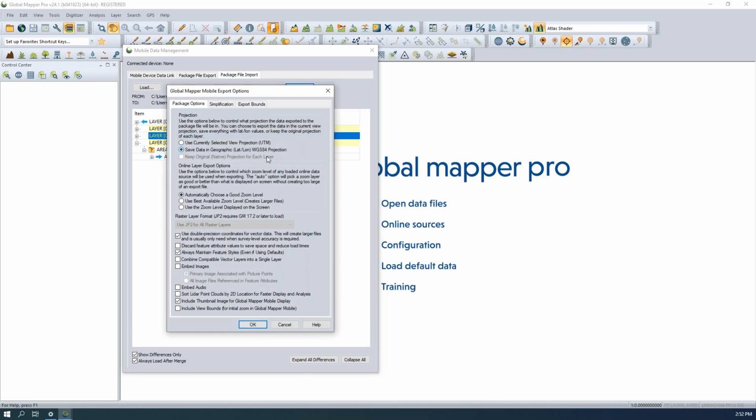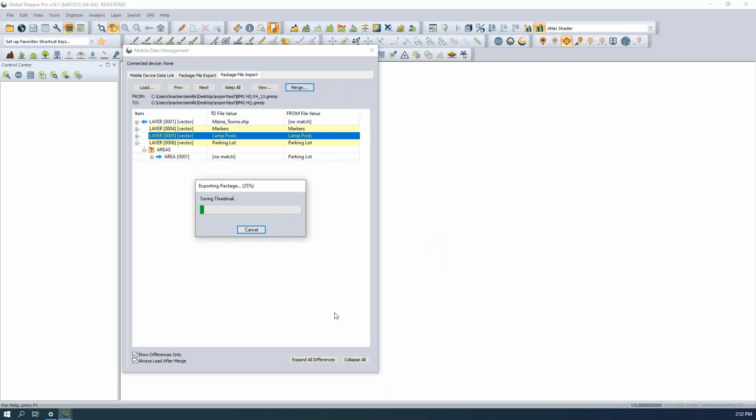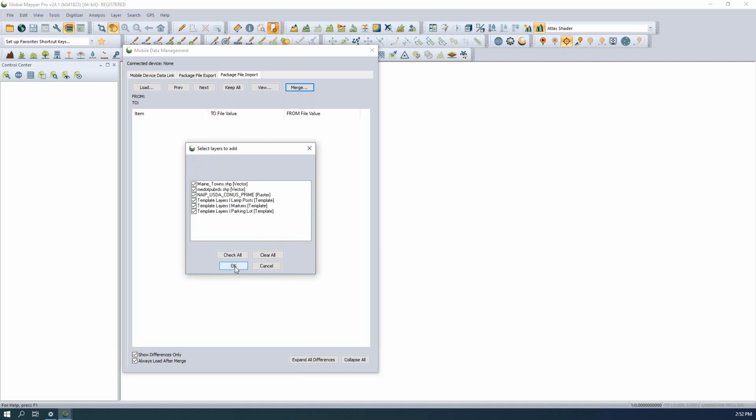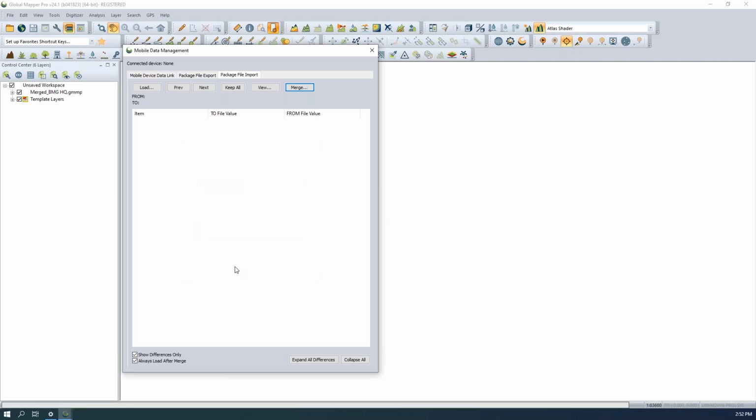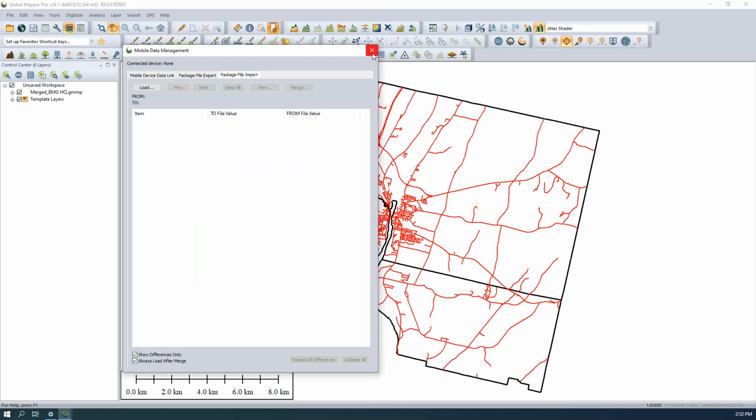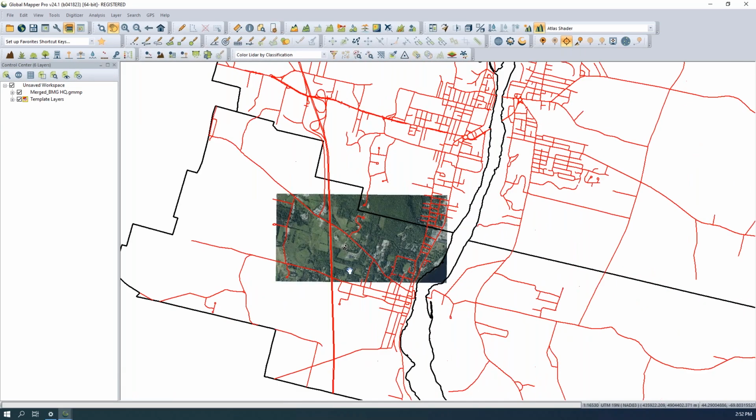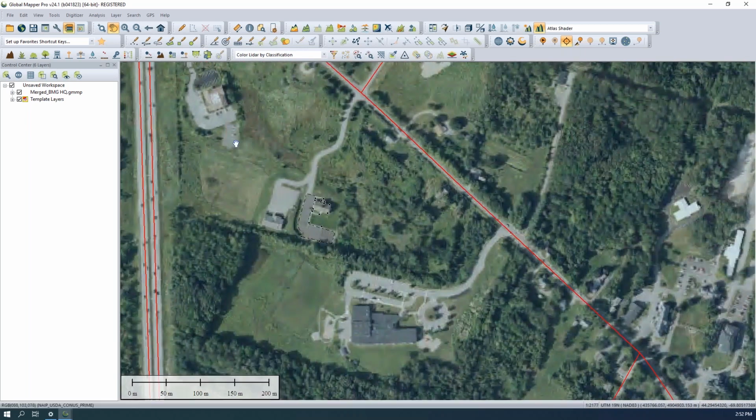I'll click save. I've got the export option dialog for this format. Click OK. It'll export this merged data to that file location and then prompt me to load this data into Global Mapper. At that point, I can close the mobile data management tool, and we can see that I have